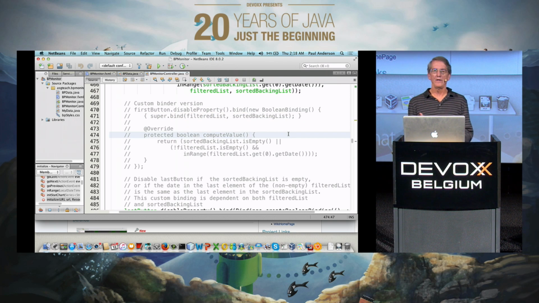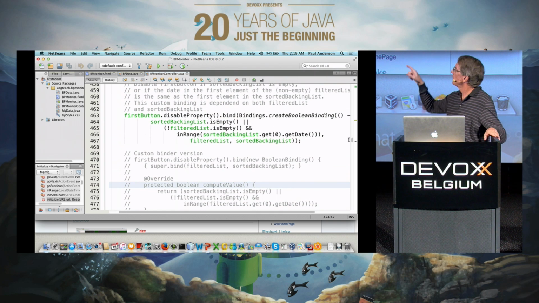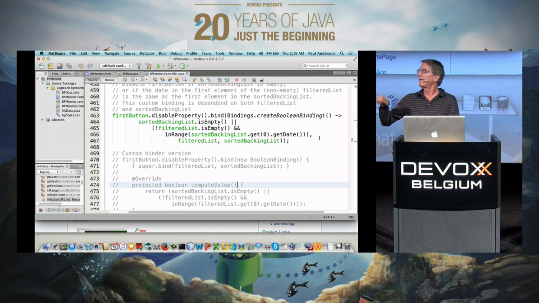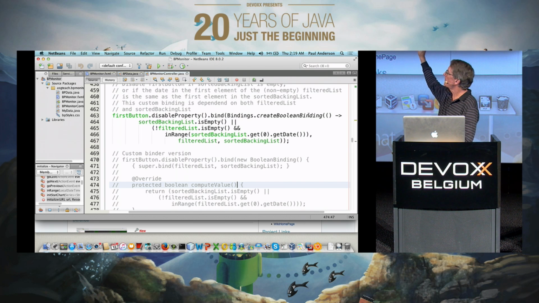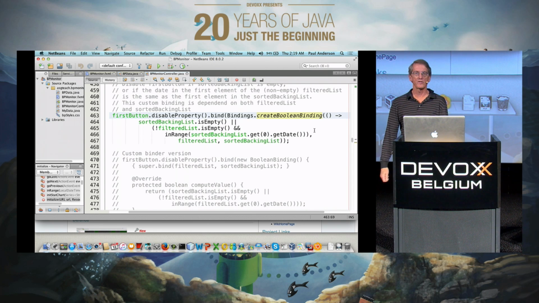And then what we're doing here is we have the logic in here which determines how to disable the first button in the UI. Now, what's interesting is that instead of doing this with an anonymous class, in Java 8 we have lambdas. So you could do exactly the same thing. And if you scroll up a little bit, you can see that. This is actually the code in the UI that's performing this operation. We don't have time to comment this out and show you that it works, but you can try that yourself. Up above is the Java 8 way of doing this, which doesn't require an anonymous class and is